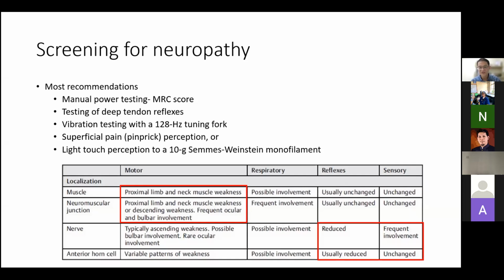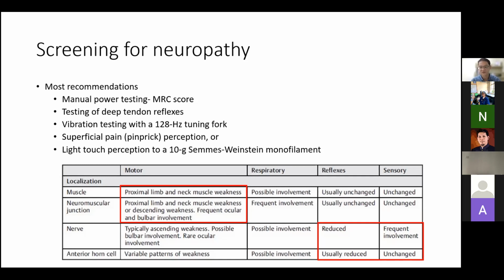If you see patients that have hyporeflexia, reduced reflexes, or reduced or absent sensory, you know that this patient most likely has a nerve problem. This is one way of doing it. Proximal muscle weakness is more of a muscle problem. Distal muscle weakness is more of a nerve problem. Nerve problems do come together with deficits in the reflexes and also the sensory. This is one way of knowing whether this is